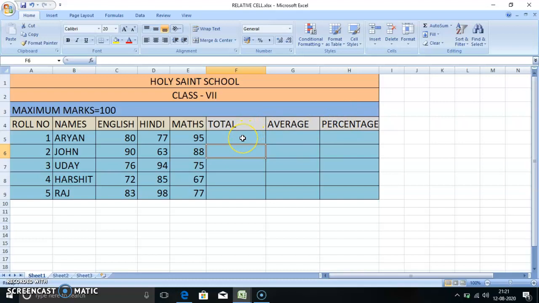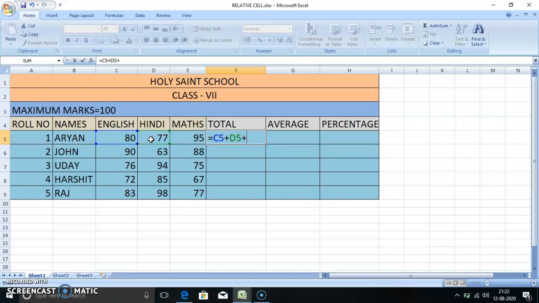First of all, see how to find the total. Equals to, what is the cell address of this? C5. Now we have to do the addition, so we put a plus sign here. The next is D5. We click.